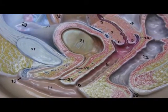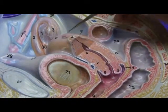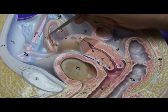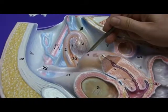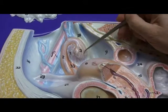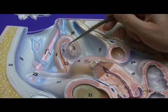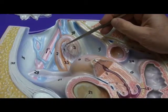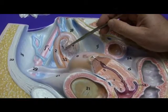All right, well, let's go the other direction now. This is the fundus of the uterus, and you can see that there's a tube leaving the uterus on either side. I'll show you another model of that soon. This is the fallopian tube. Now, at the end of the fallopian tube are finger-like structures which we refer to as the fimbriae, and the fimbriae literally stroke the interstitial fluid that the egg will be released into from the ovary, which is this